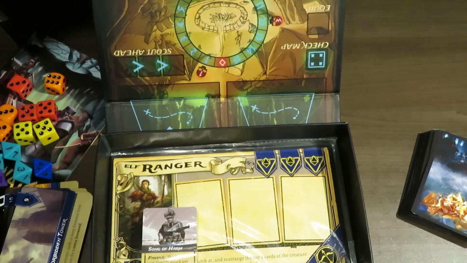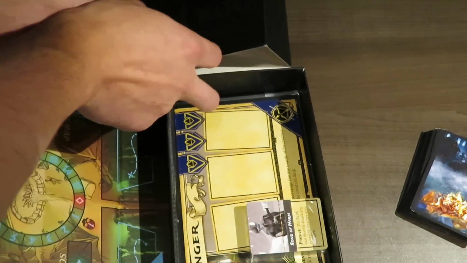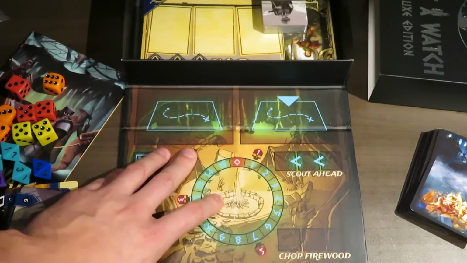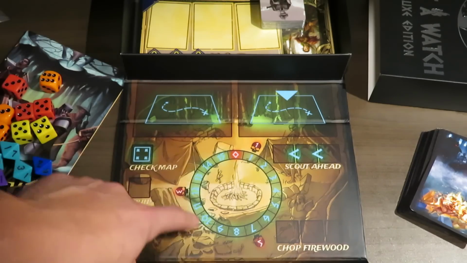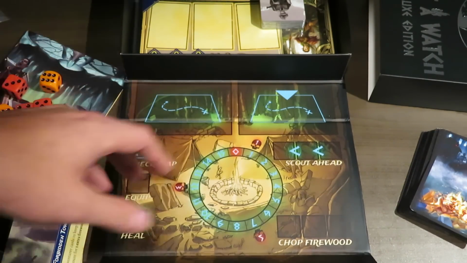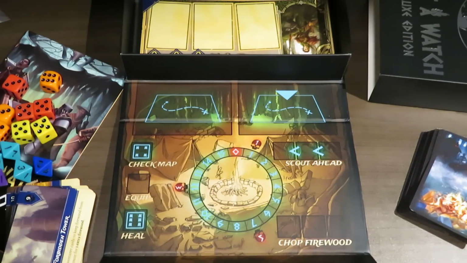You can see here that the actual game box itself flips down to actually work as a game board, which is super clever. So you've got basically like a check map, a heal, chop firewood, scout ahead. You got some maps in here. You got a counter around your fire. I have no idea what that means. Maybe it's just a level of the fire. You've got a smaller deck of cards here we can go through. These look like they tie into the characters. So maybe before I show you these, what we'll do is we'll just take a quick look into...